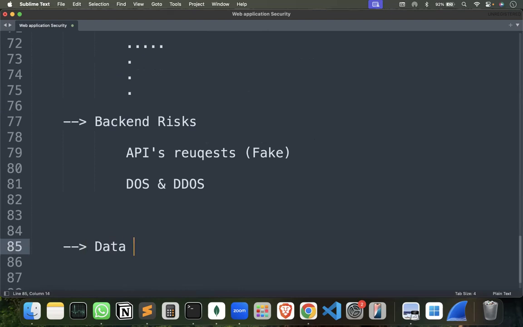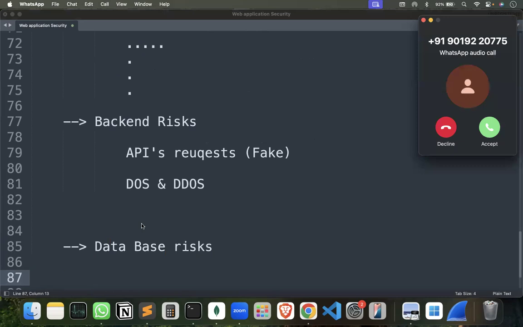database risks, which is more like somebody can steal your database. Somebody can steal your username, passwords of the database and try to extract the data